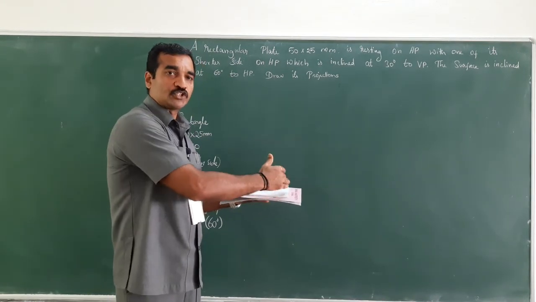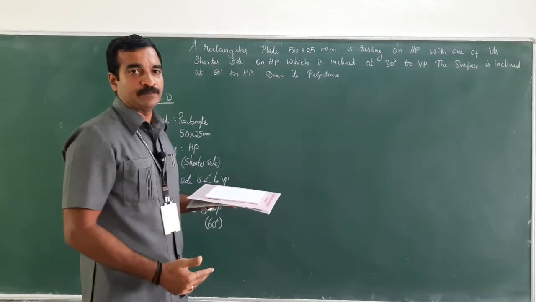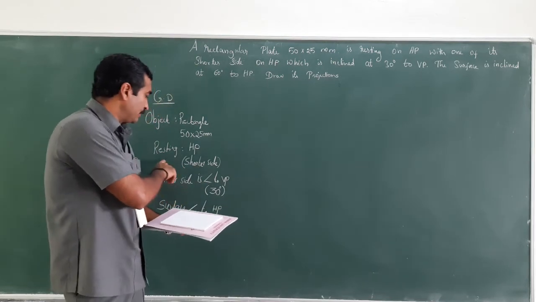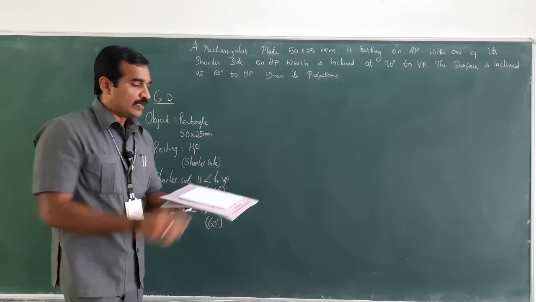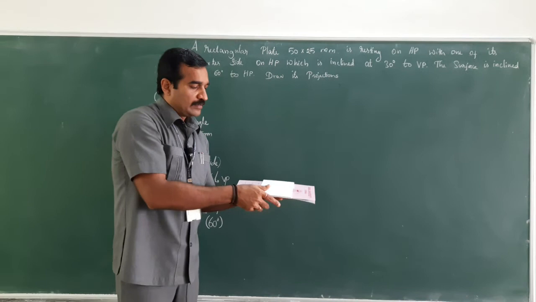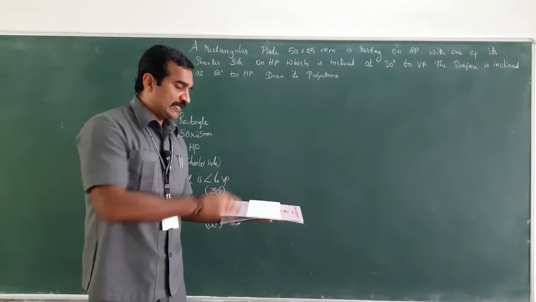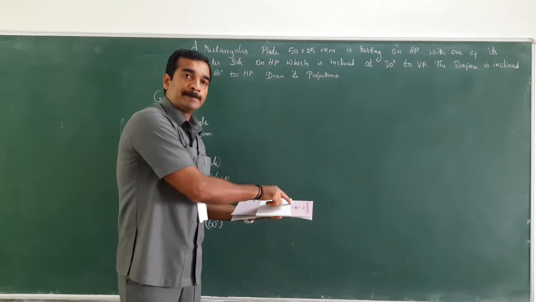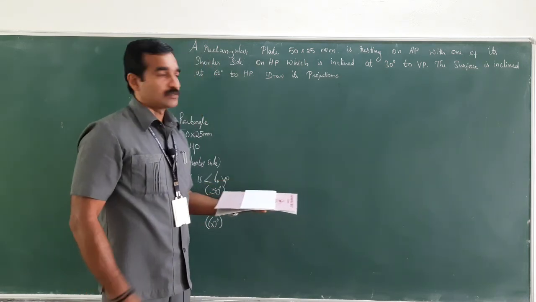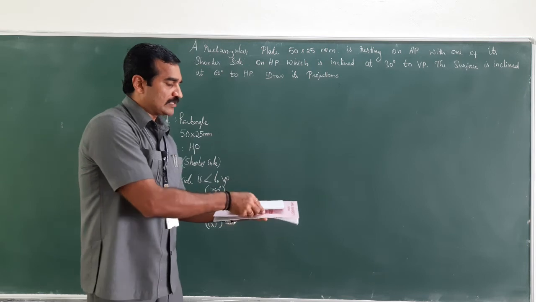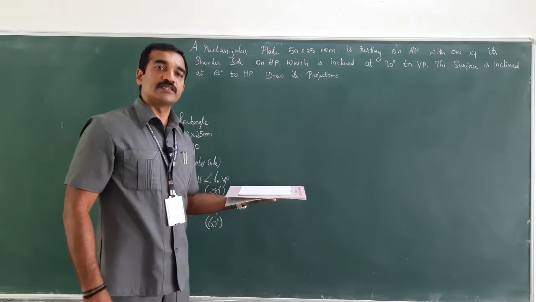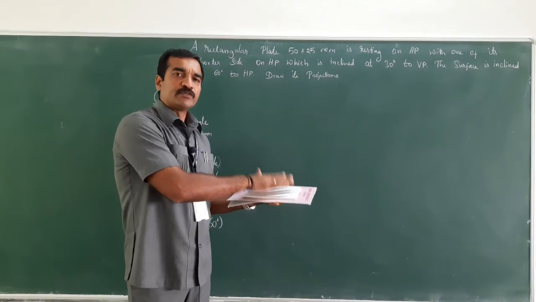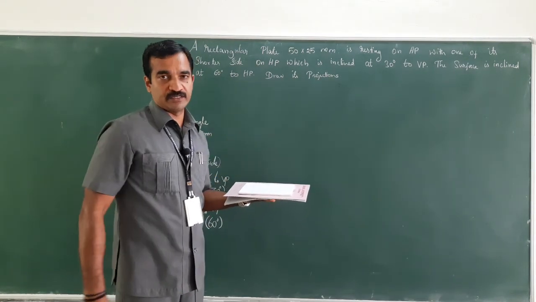The shorter side should be kept on the right hand side. That should always be the condition. What is the condition? The shorter side. Suppose an object is placed in this manner, it is resting on HP, but with the longer side. As far as this question is concerned, it is resting on the shorter side. So this is the first stage, simple resting, in order to obtain the true shape of this object.